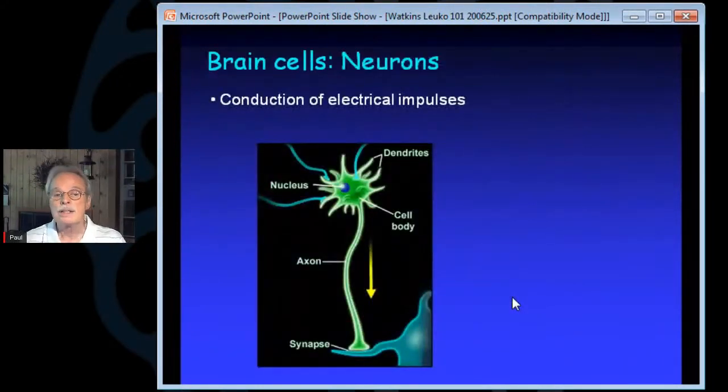So here's a neuron. And as we said, the neuron is responsible for the conduction of electrical impulses. So there is the cell body that has the nucleus in it. And there's this long process coming out, which is the axon. The arrow shows the direction of electrical conduction. So in this case, the axon is connecting to another cell, and the area where it connects is called the